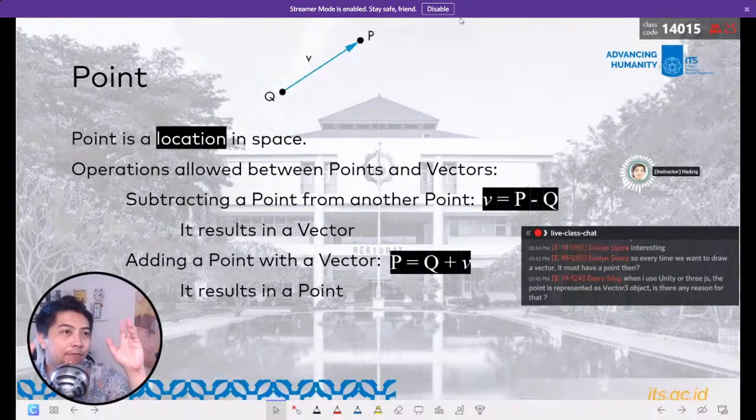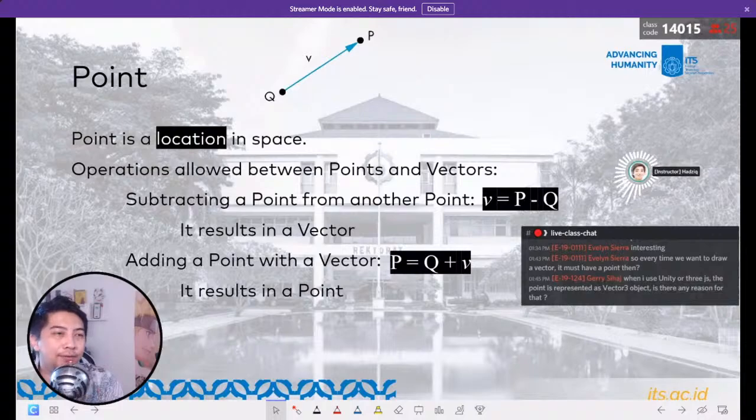So that's fine. But in the end, after we throw this collection of points represented by a Vector3 object from the JavaScript or from the desktop client, from the application to the GPU, to the graphics realm,